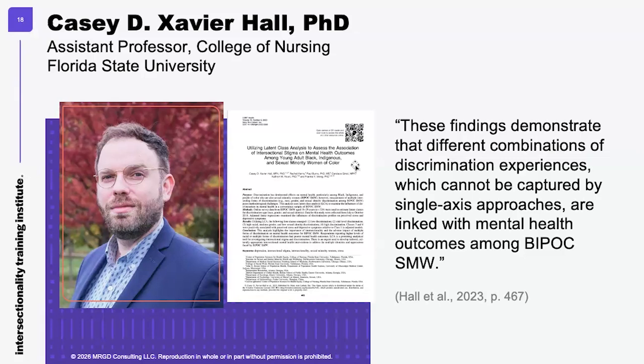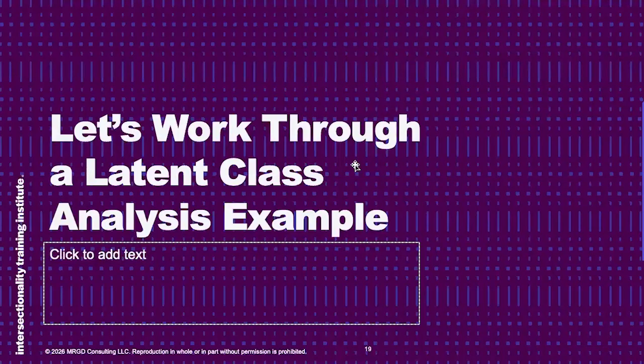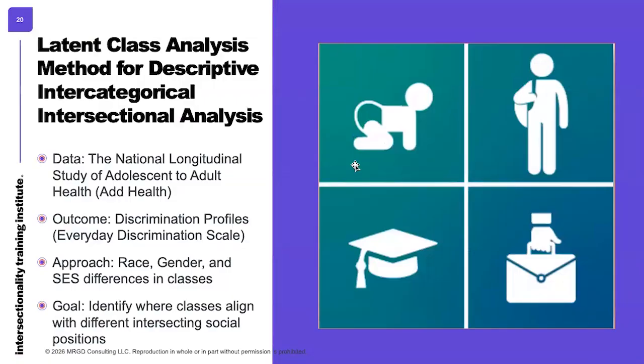And again, in our step by step, we'll be walking through both of those, the C-tree and the LCA, in detail. Okay, so let's work through an LCA example here. In the Google Drive folder, you have all of these data, so you can recreate this. Our example in the step-by-step is different, but if you want to go back and recreate this to make sure you understand, you can. So we're going to do a latent class analysis method for